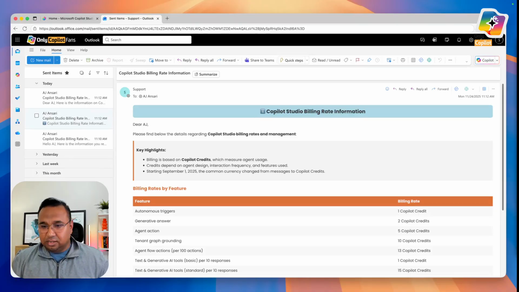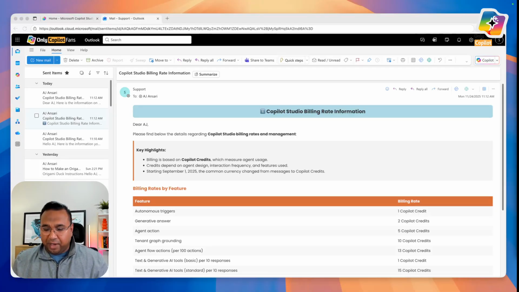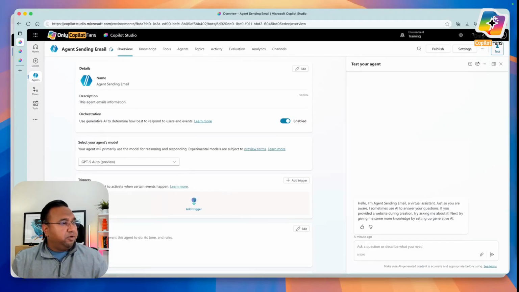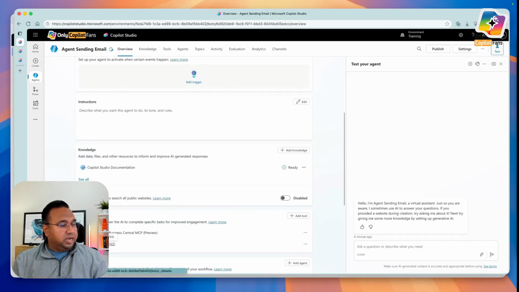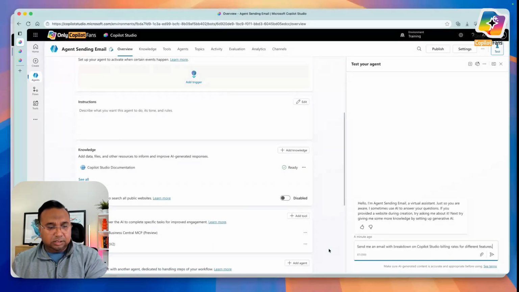So let's get started. Let's bring up my browser window where I've got Copilot Studio open. Here, this is a very simple agent, and this agent has no specific instructions. What I do have is a tool for sending emails, and I've done no special configuration for this either. And this is a tool from the Office 365 Outlook family of connectors. And now if I go ahead and paste an instruction, send me an email with breakdown in Copilot Studio billing